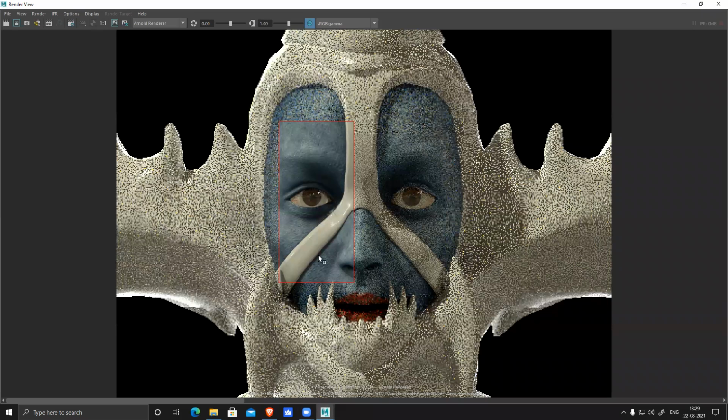It should work perfectly. So this time I'll just increase the boundary slightly, cover the nose completely, maybe the lips also. Render.